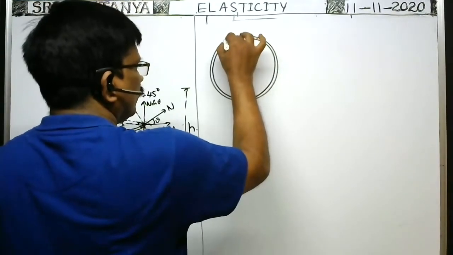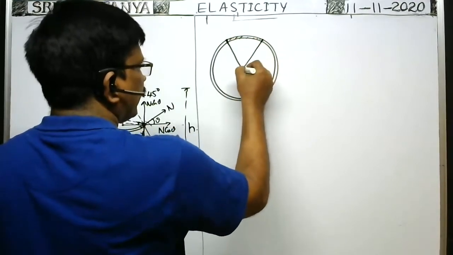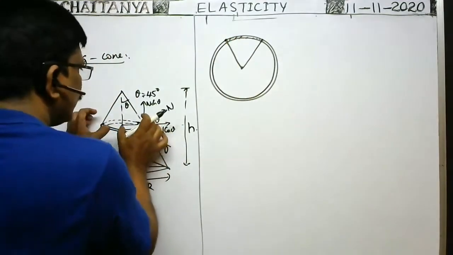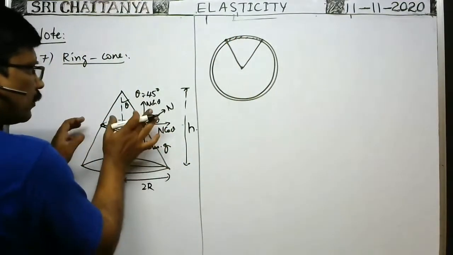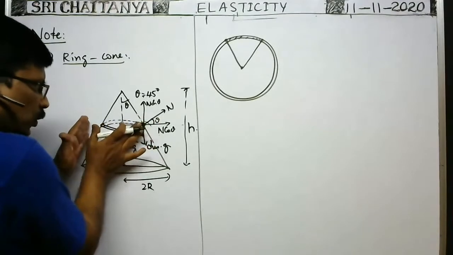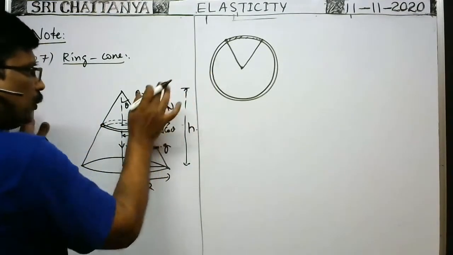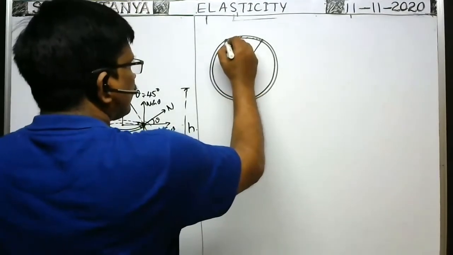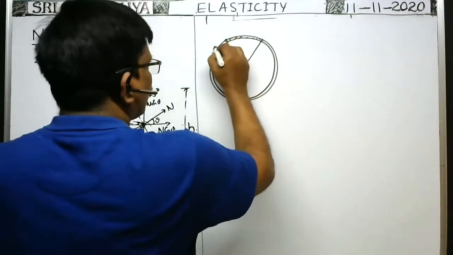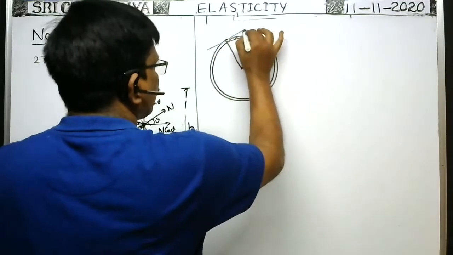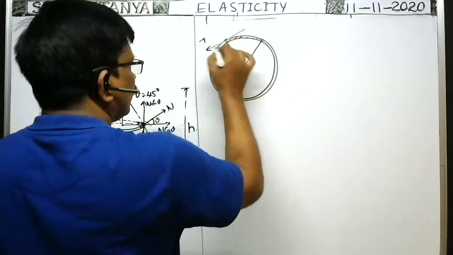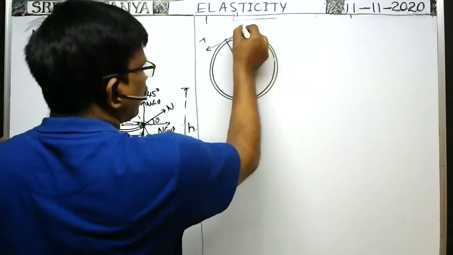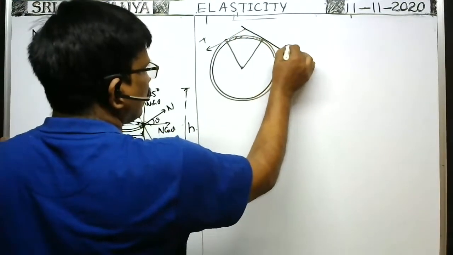Okay, then exactly at the edge of this ring, the force is developed because the ring tries to come down and the normal reaction component tries to pull the ring away from the center. Due to that, some tension is developed in the ring. Such tension developed at this point is say T. The tension is along the tangential direction. Similarly, at this point also, the tension is along the tangential direction only, so in this direction tension T is there.